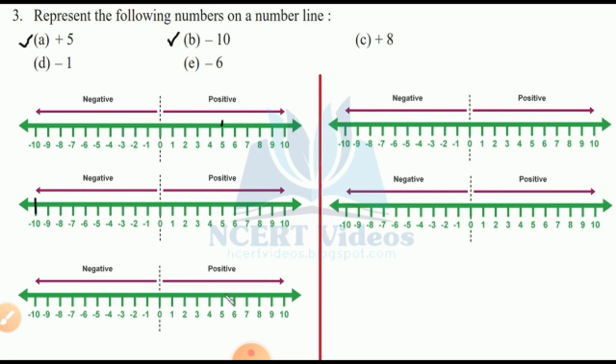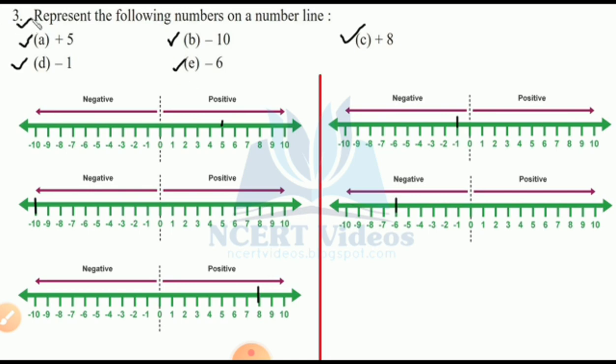1, 2, 3, 4, 5, 6, 7, 8, 9, 10. Minus 10 is there. It is shown on the black line. In the same way, the third one, plus 8. If plus is not given, you should understand that it is plus. Next one, minus 1. Okay. So here is the minus 1. Okay. Look at E. E is minus 6. Which side will it come? Correct. It will come on the left side, as the number minus 6. Correct. You are right, my dear students. It is minus 6.